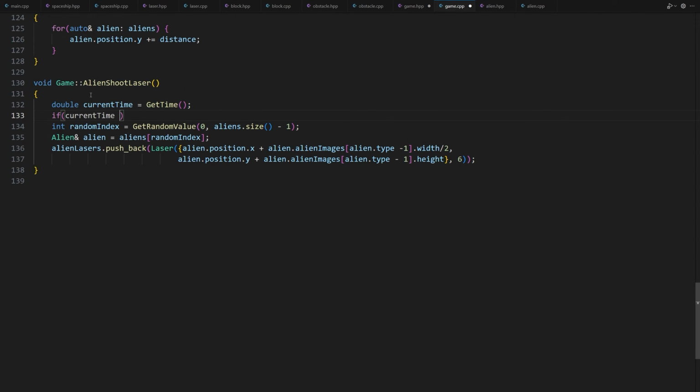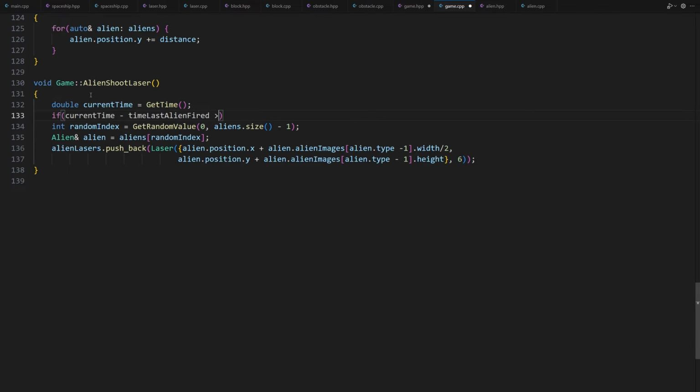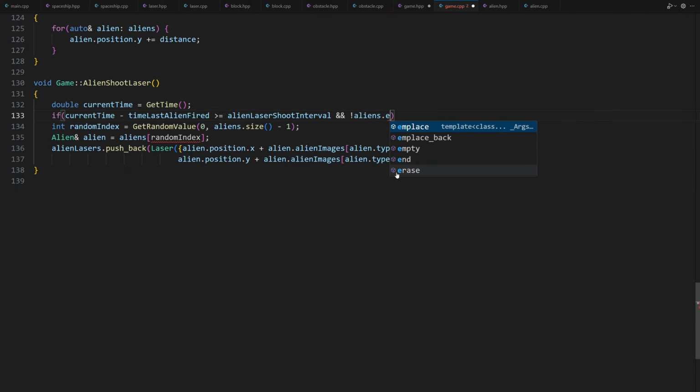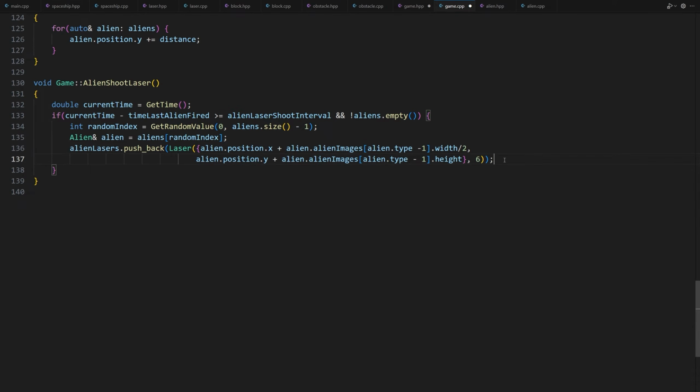If currentTime - timeLastAlienFired >= alienLaserShootInterval and aliens is not empty, we don't have to change anything in the firing laser logic, but after creating the laser, we just have to set the attribute timeLastAlienFired to the current time.